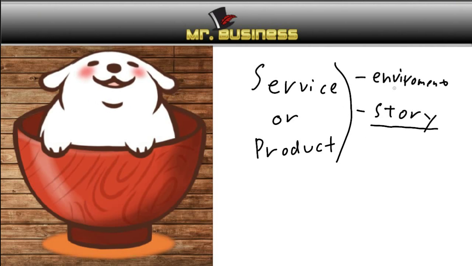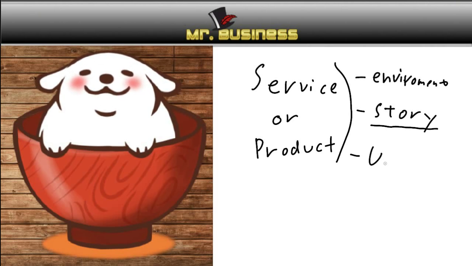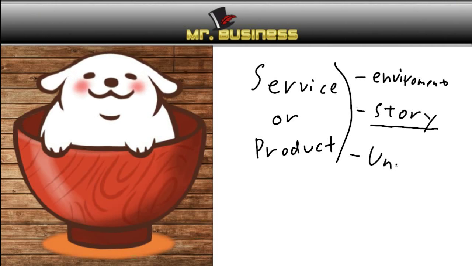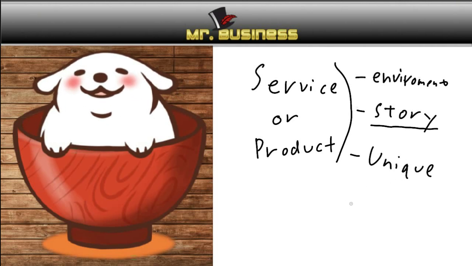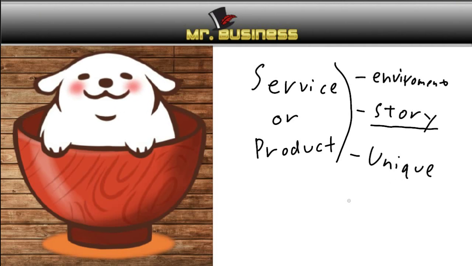So you have the business environment you're going into. Is there actually prospects there? You have your individual story. Also, we just have anything unique about what you're going to do. Okay? So anything else that's unique about your service or product. And again, this all goes back to competitive advantage. Is there something you have that someone else doesn't? Makes it a lot easier to compete.